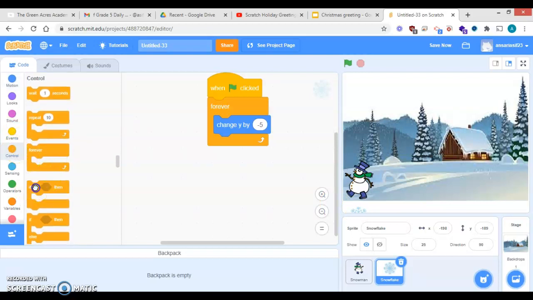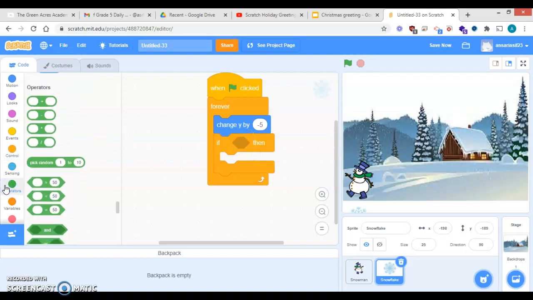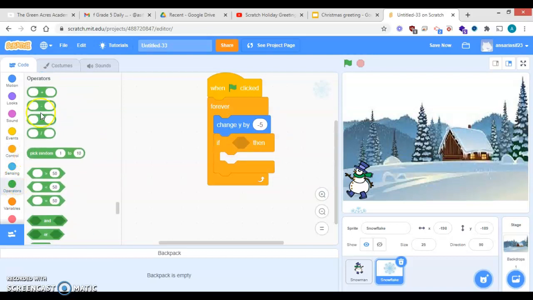So what I'm doing, I'm going to control. In control, you will see an instruction that is if, a diamond, and then. Now what has to be in this particular block? In this block, there will be an operator. So I'm going for operator. Under the operator, you will be able to see plus, minus, divide. With the help of this, I am able to perform various addition and subtraction operations, pick random numbers between 1 to 10, and over here greater than 50, less than 50, equal to 50. So I will be selecting less than 50. But what less than 50?